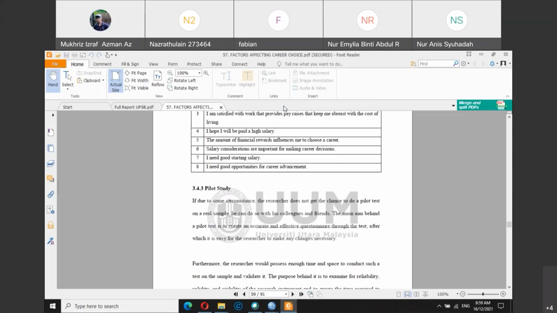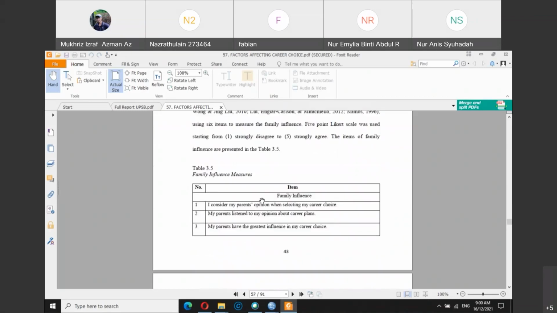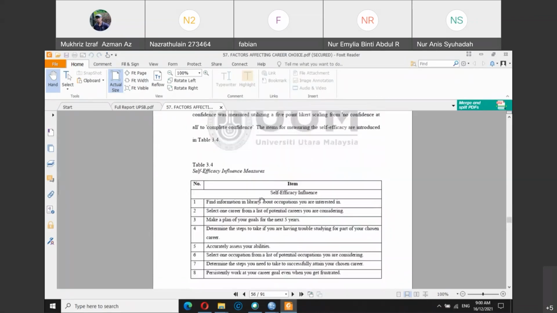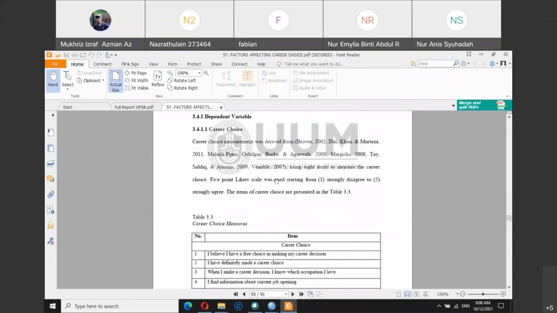And you can also compare your questions with the questions from past studies. So where do you get the questions from? Whether your questions are based on Mr. X's article, Mr. Y's article, or Mr. Z's thesis, these are the things that you need to mention in chapter 3. For example, if you look at this particular thesis, the student mentioned what the questions are from